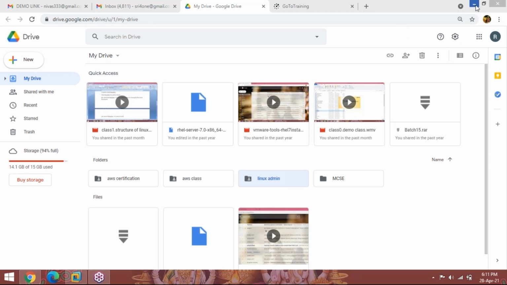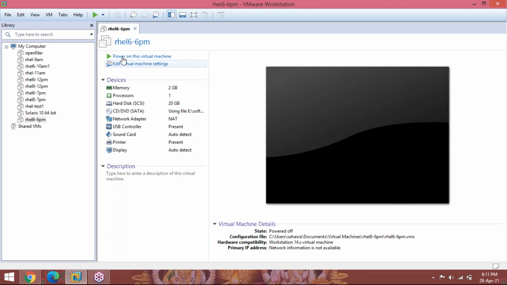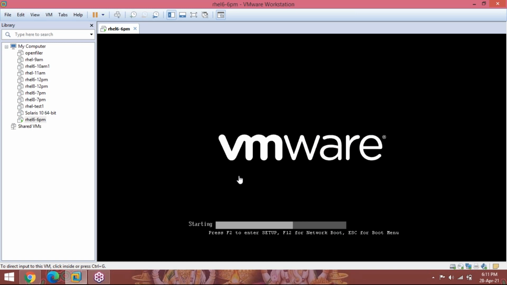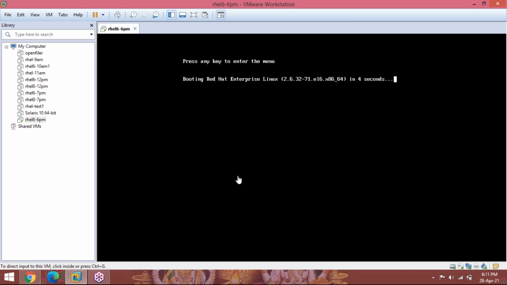So today we are going to see the post installation steps. After installation of Linux, it will ask you to reboot the system.